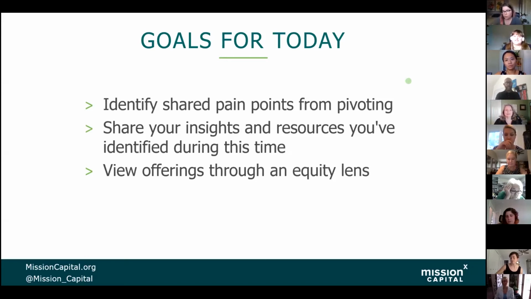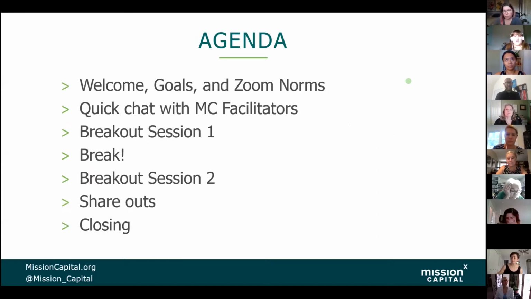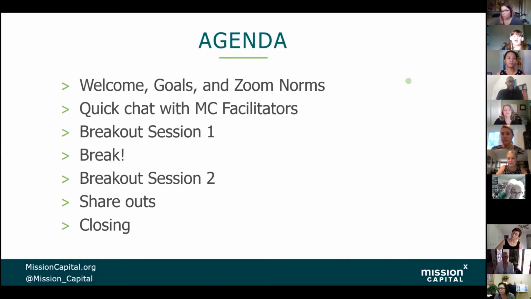And the way we'll do that is, next slide we can go to has our agenda. We did our welcomes, our goals, and our Zoom norms for today. We're going to hear from 3 of our MC facilitators. They're going to model a discussion that you will then have in your first breakout session. This is a 2-hour session, so we're giving you a break. So there'll be time to go to the bathroom, get a snack, hydrate, highly recommend.